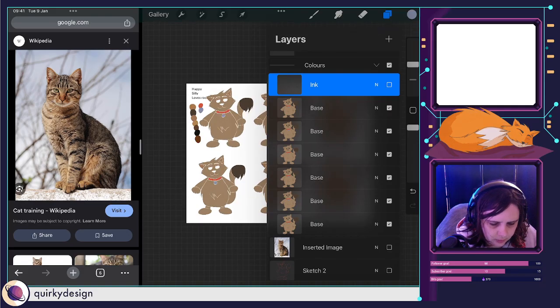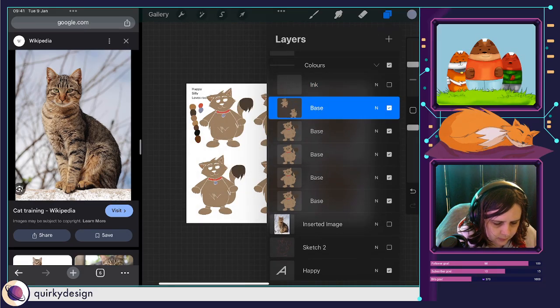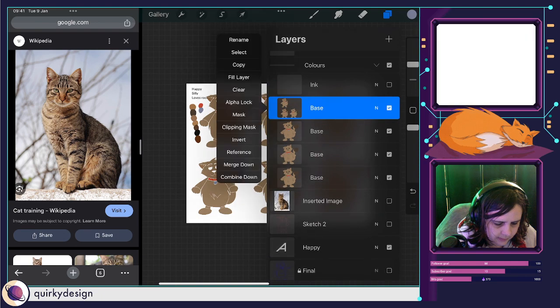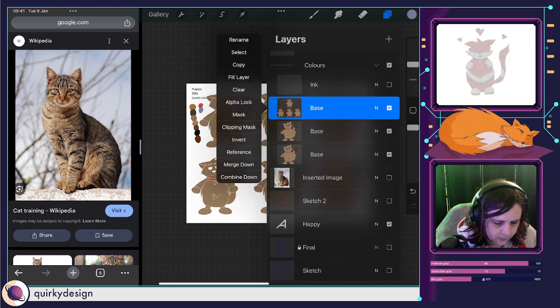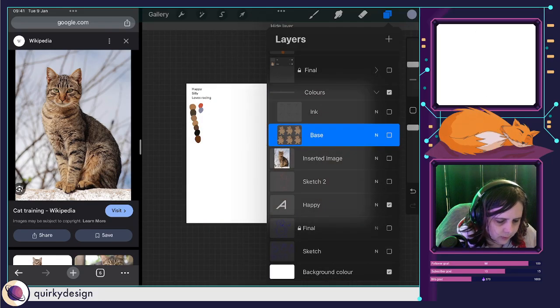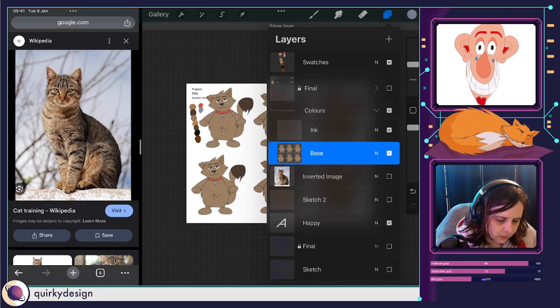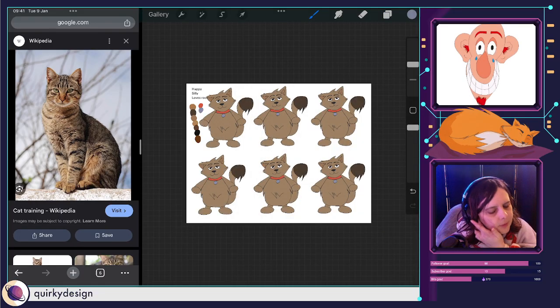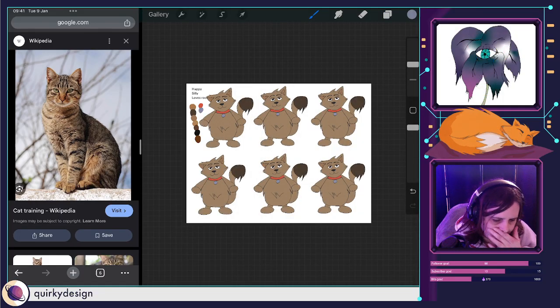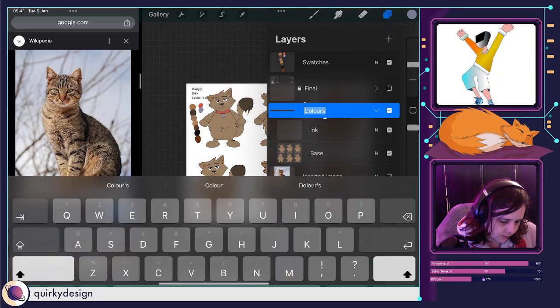Cool, so that one's added. Okay, so yep, got my ink and I've got my base. Cool, so that's all separated out. Well, that's all added together in its own group, so I just call this concept.